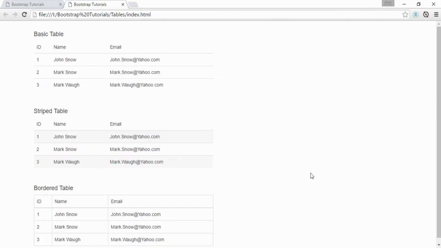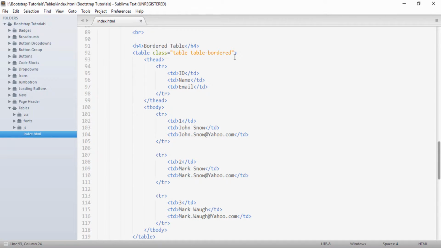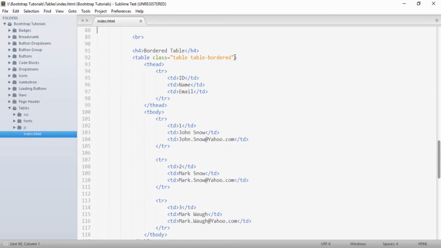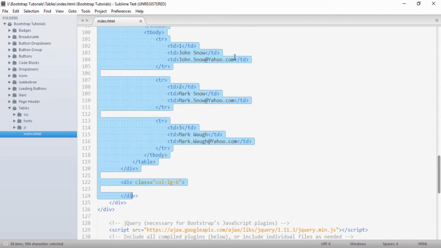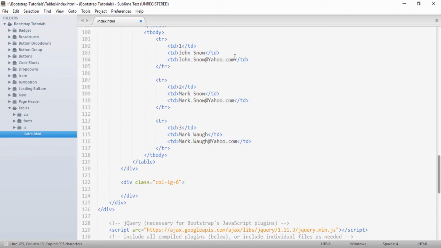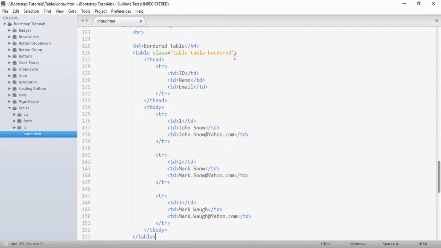Moving ahead, friends, now we will see how we can provide a hovering effect to our table rows. In order to provide a hovering effect to our tables, I will just copy this and paste it in the second column, and give the heading hover table.